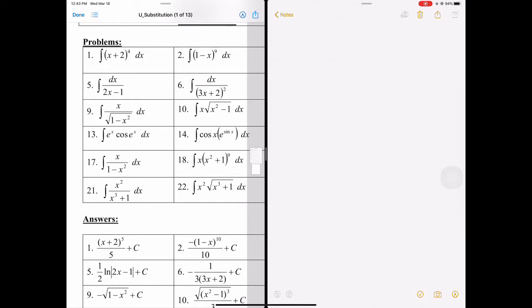Hi everyone, to help out with these U substitution problems, I figured I would just go through a bunch of them. I'll go through 1, 5, 9, 13, 17, and 21, and then maybe I can do a couple other ones if I see fit, okay? So,